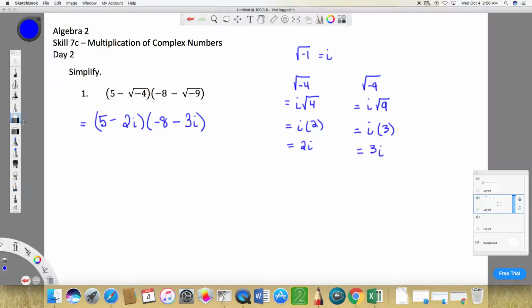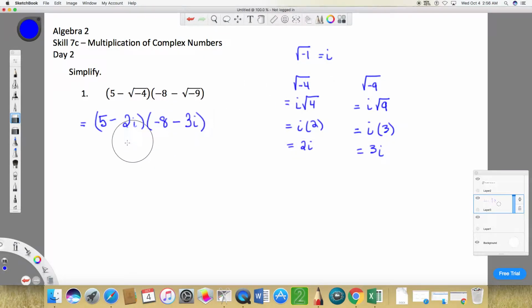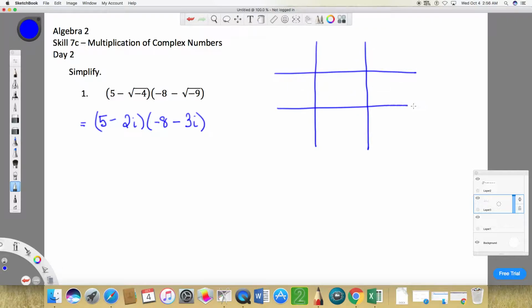So now once we have it simplified to this, I would suggest that you multiply binomials using a table. So if I have 5 minus 2I and -8 minus 3I,